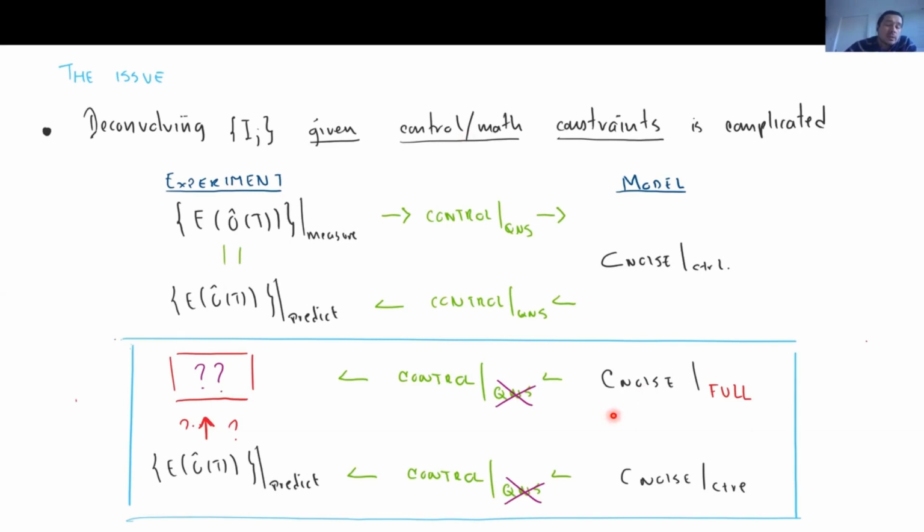And so in order to ensure that these two things match, you have to start adding extra assumptions. One of the things that happens, for instance, in the so-called frequency comb spectroscopy protocols is that you have to assume, for instance, that your spectrum is smooth, that there is no hidden peak and so on, and that it has some unknown